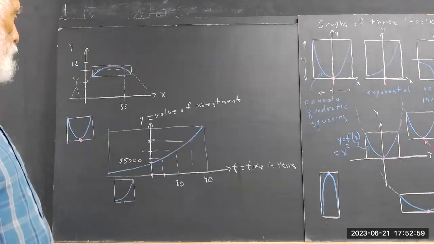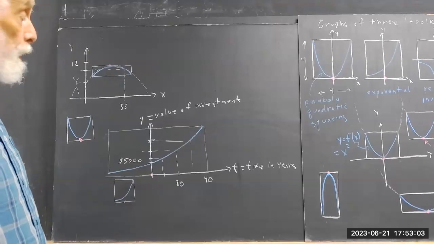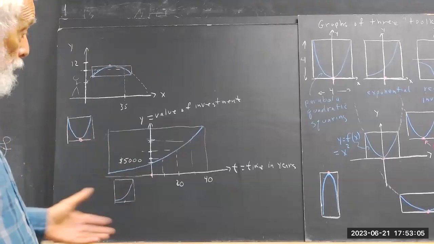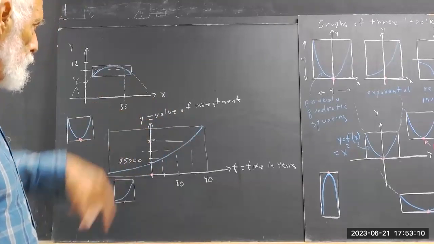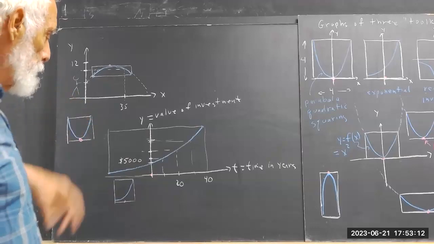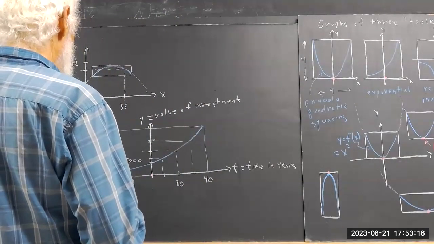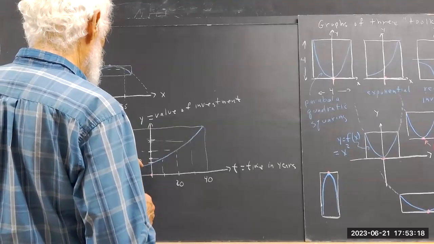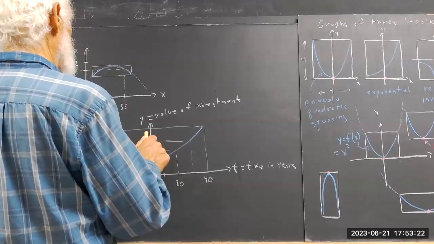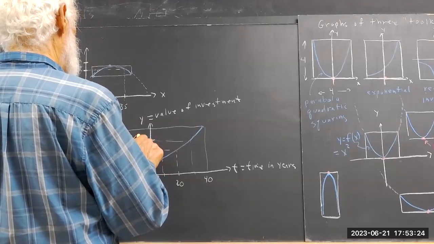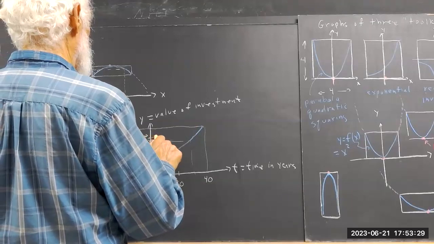Depending on how good your algebra is coming into the course, you might find it more or less challenging. Some people come into this course already knowing about logarithms and such, which you would use to solve equations here. For example, if you wanted to know when your investment reaches, let's say, $15,000, let's say that's here,